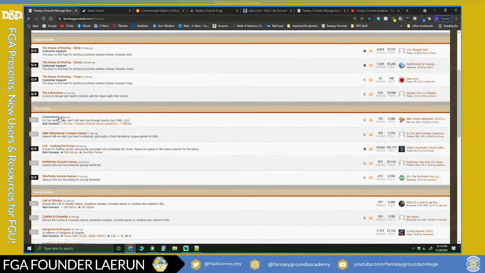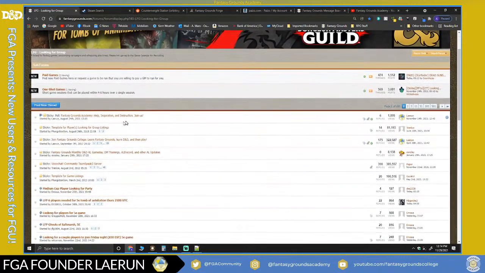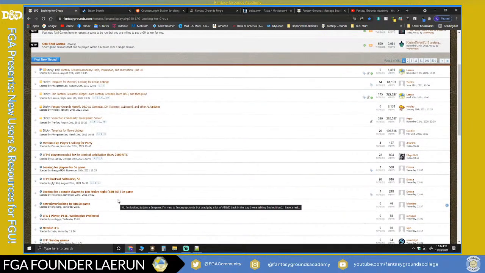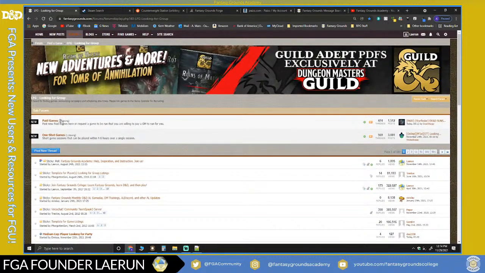Finding a game has its own group. If you're looking for games, there's Pathfinder, Starfinder, Adventure League, some convention information, and of course, looking for games. When you come into the looking for games area, there is a recommended format, and you'll see a lot of different people advertising for games. Just be cautious, these fill up very quick. And then you also have paid games and one-shot games. So that is your main